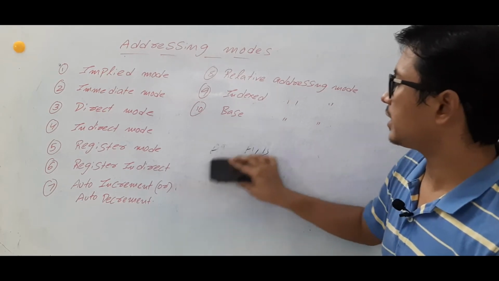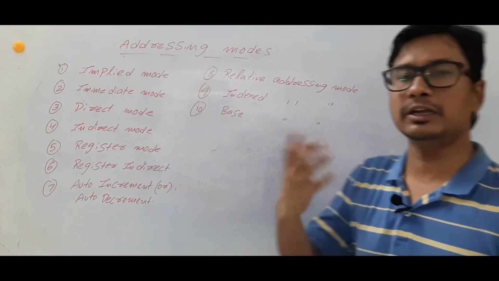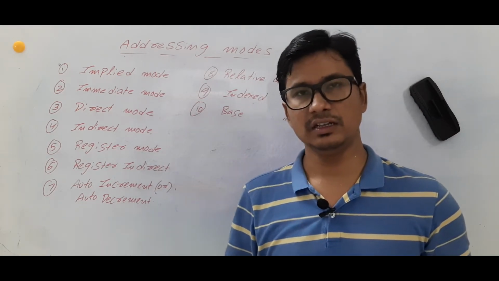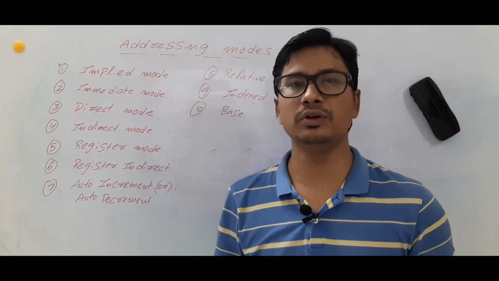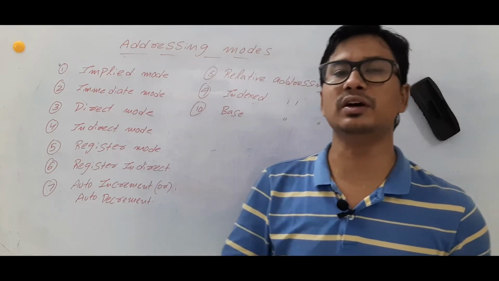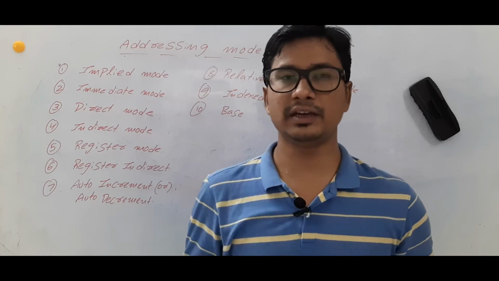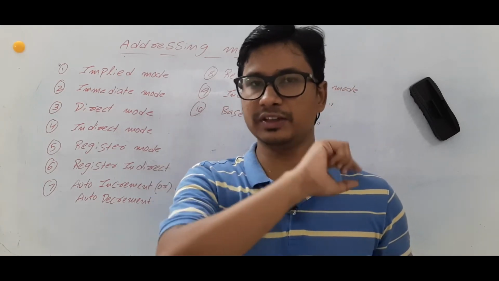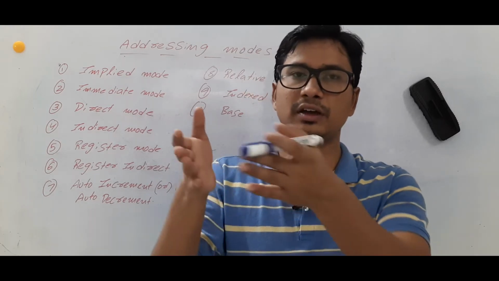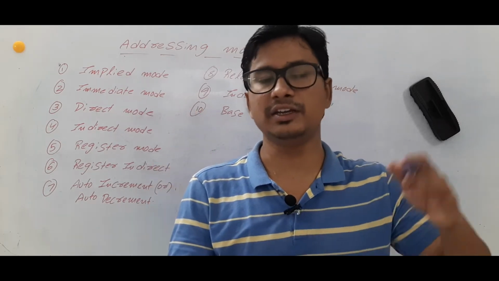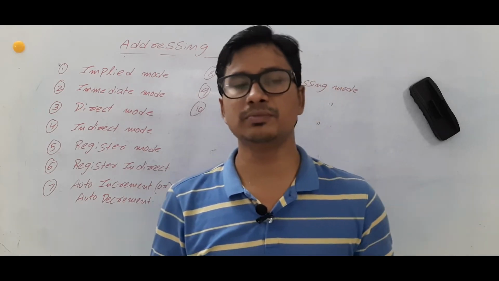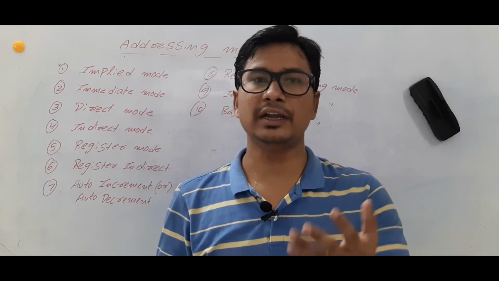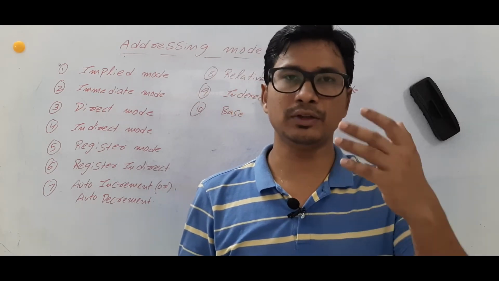So now you can give these operands in multiple ways. You can give the value of the operand directly in the instruction, that comes in one category of the addressing mode. If you specify the address of the operand, it will come into another category of addressing mode. If you specify the indirect address, instead of telling directly the address of the operand where the value is there, if you tell indirectly, that comes in another category. So based on how you are specifying the address of the operand, it will come into the various categories.